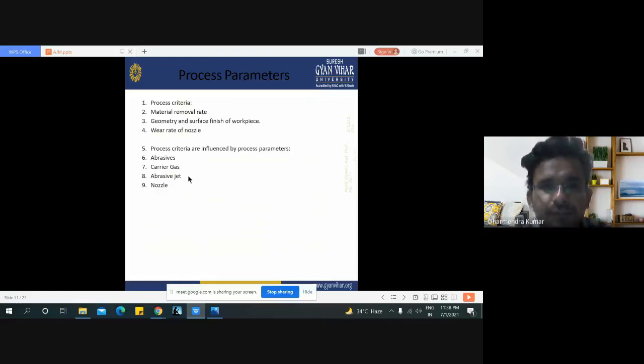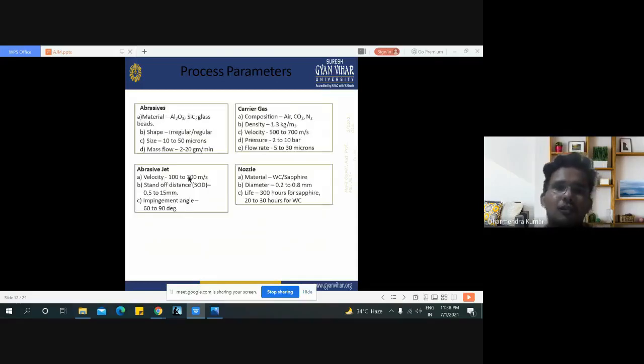Here are also some process parameters like abrasive materials: aluminum oxide, silicon carbide, glass beads, shape irregular, it may be irregular or it may be regular, size 10 to 50 micron, mass flow with the gas 2 to 20 gram per minute. Flowing rate of this abrasive material is 2 to 20 gram per minute. Now the